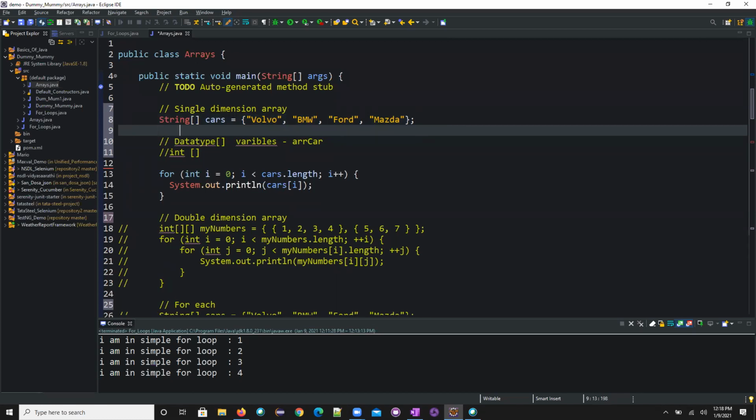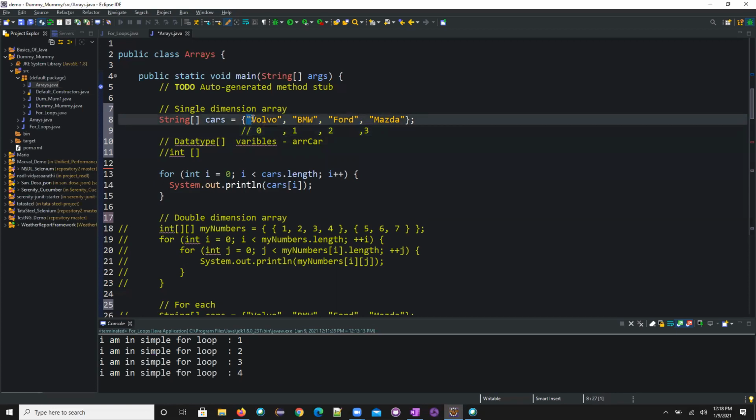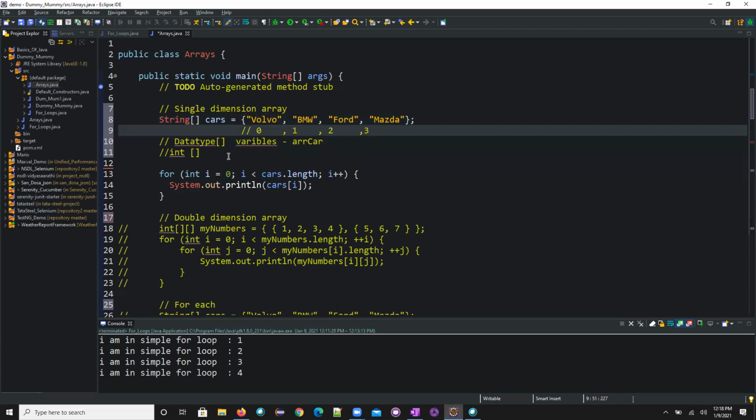So for this, you will have index values. Always in an array, the index value starts with 0, 1, 2, and 3. Like this, it will start. So the first thing we need to remember is that arrays store similar data types, and we need to define the data type in front of the array declaration. It stores a list of similar items, and we have indexing for the arrays. It starts the indexing from 0. That's it, that's the simple array.